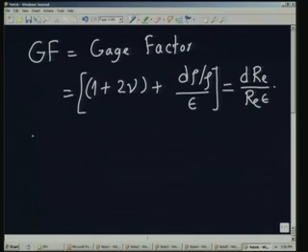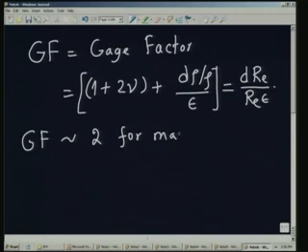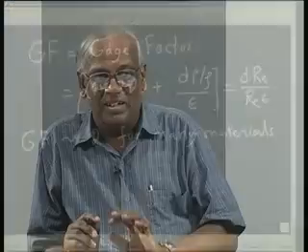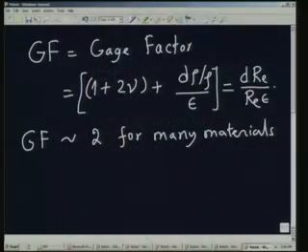So, the gauge factor is roughly equal to 2 for many materials. We will see which materials are actually used as strain gauge elements, that is very important. In other words, we use materials which have a gauge factor roughly equal to 2 in most of the applications. So, let us go back to the